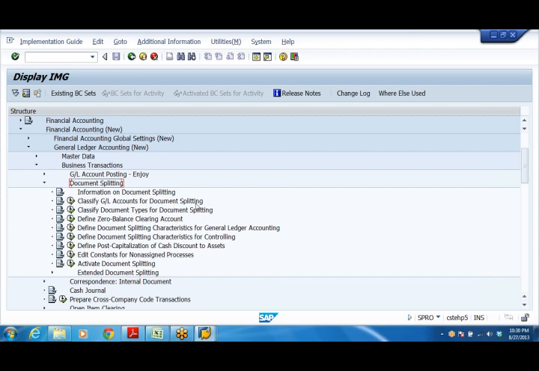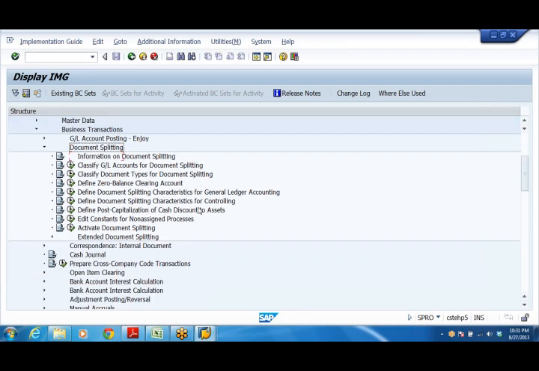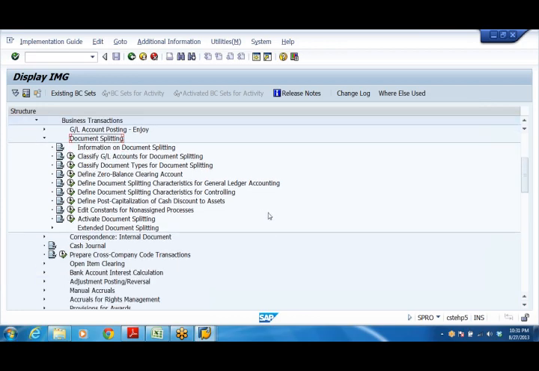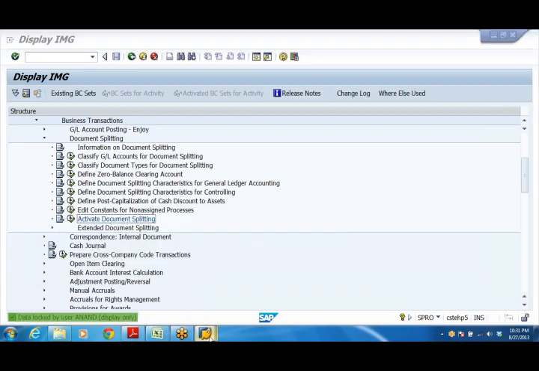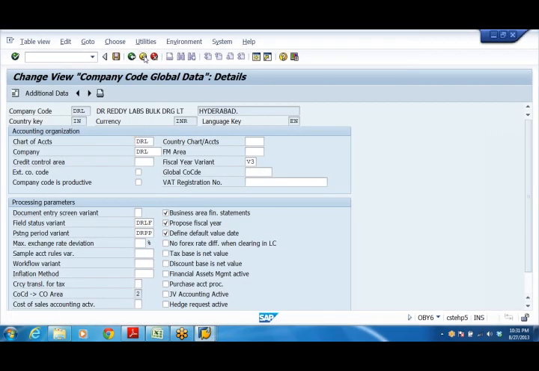All of you note it because you may get the same problem. Right? Click on activate document splitting. Come out.